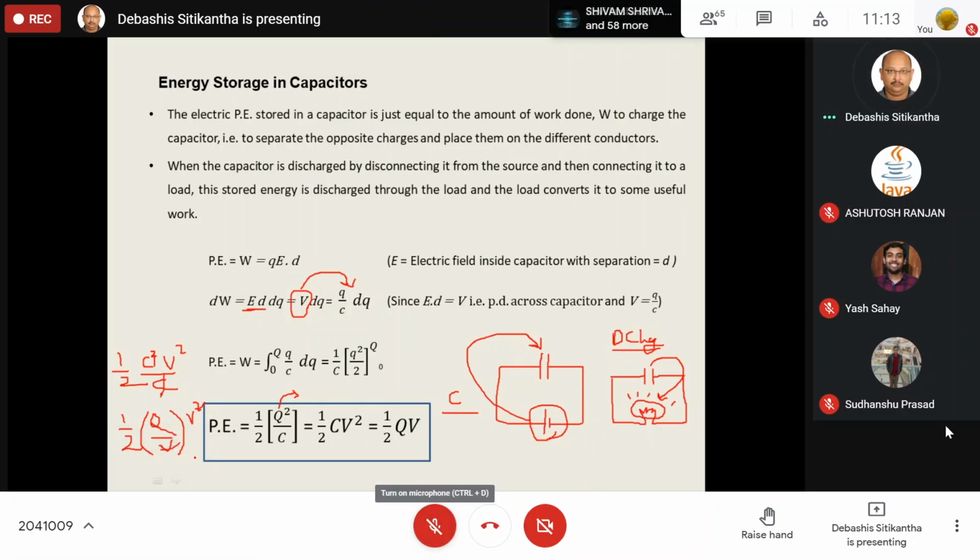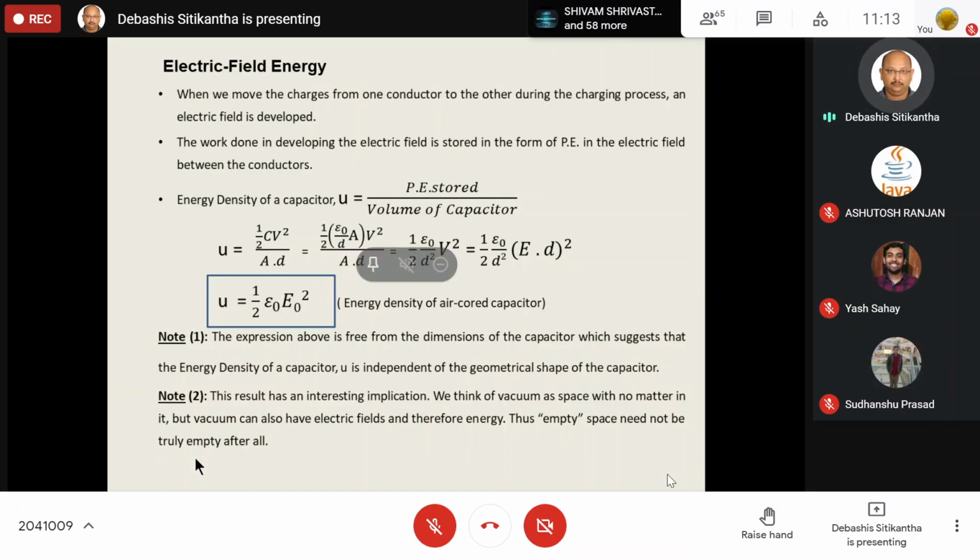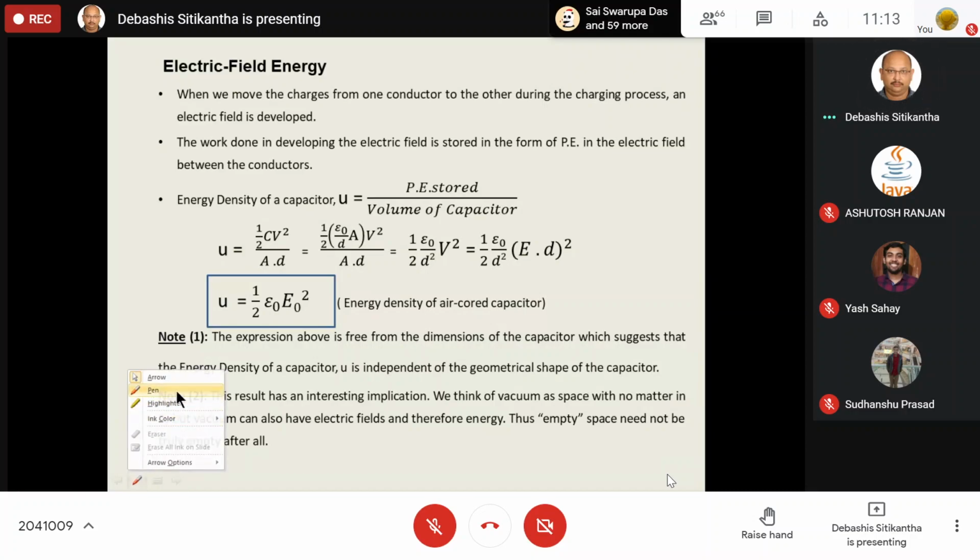Okay, fine. Now, till now I have been talking about the electrical energy that is stored in the capacitor. Does that have any specific name? Yes, of course, that electrical energy is sometimes known as electric field energy. Why is it so? Suppose here I am having the capacitor, and the capacitor is getting charged through this DC source battery.